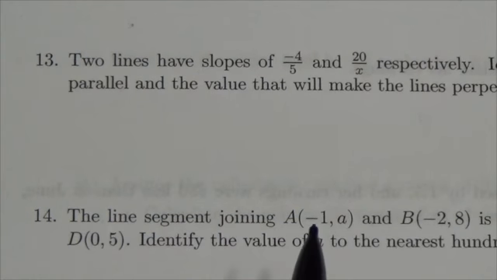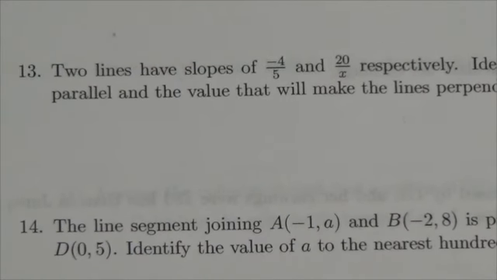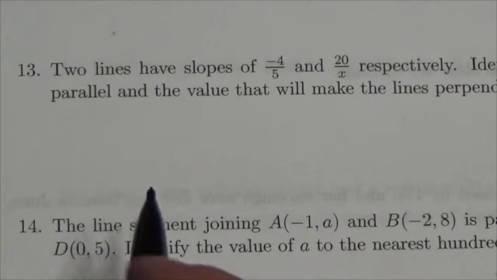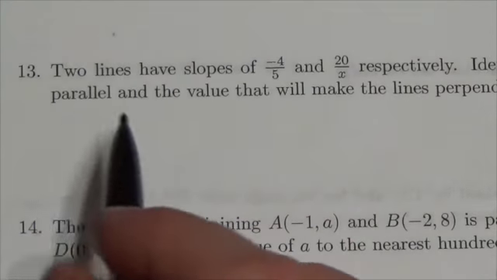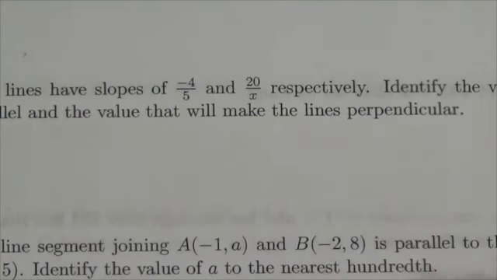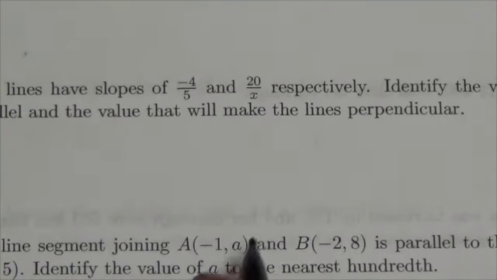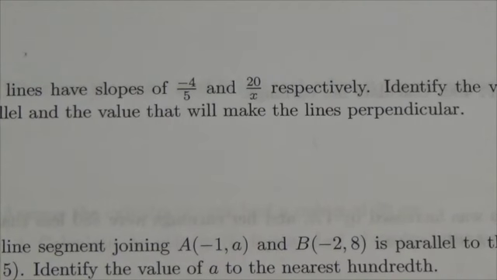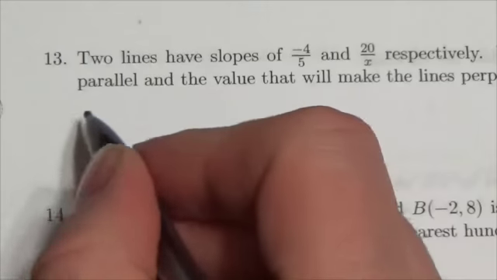Hi everyone. This question here is actually a little bit of repetition to it. We've seen one very similar to this a little while ago. Two lines have the slopes -4/5 and 20 over x. We're going to find the value of x that first of all makes these parallel, and second that makes them perpendicular. So if we're going to do parallel first,